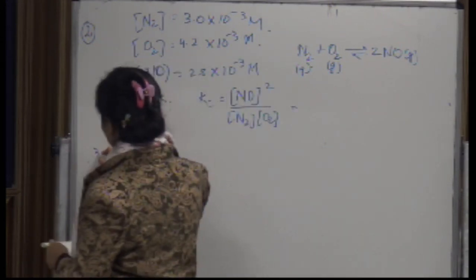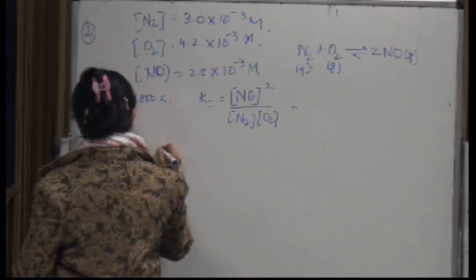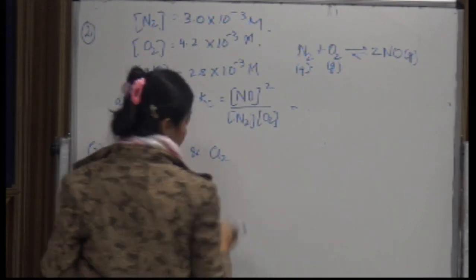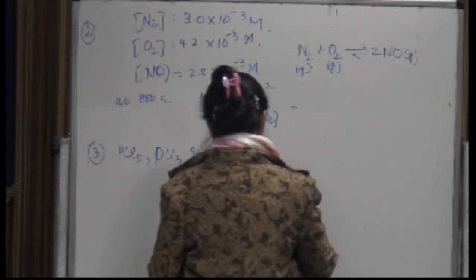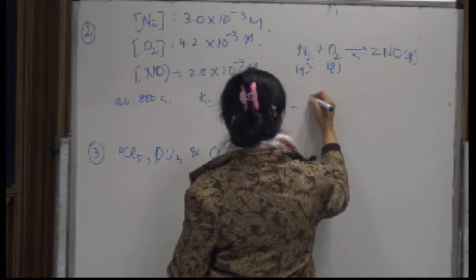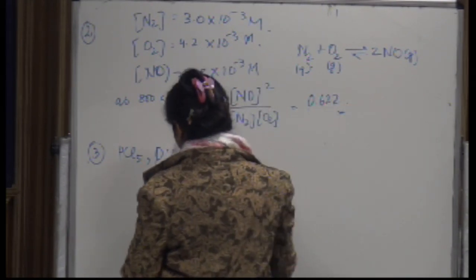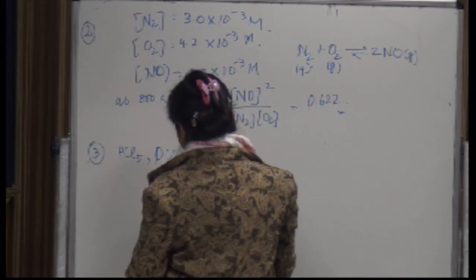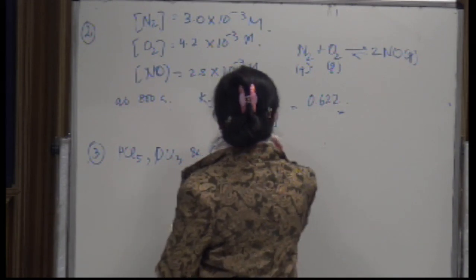Now I put down one last question for practice. PCl5, PCl3 and Cl2. Tell me the answer. The answer will be somewhere around 0.622 is what is given. What we have for Kc is equal to, now for the next question, PCl5, PCl3 and Cl2 are at equilibrium